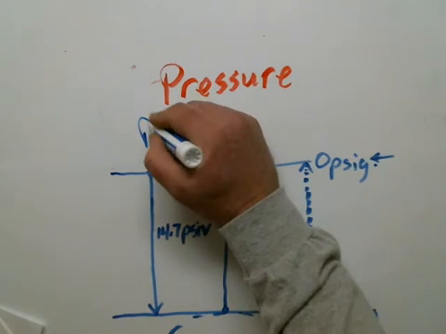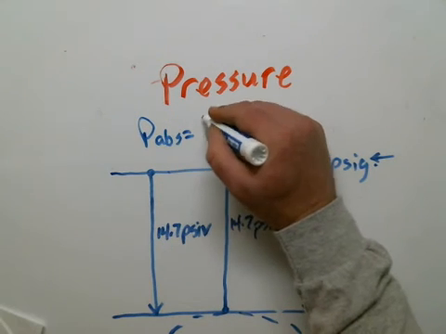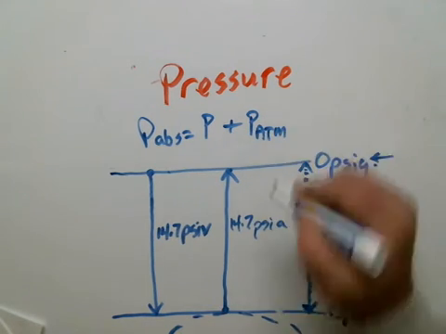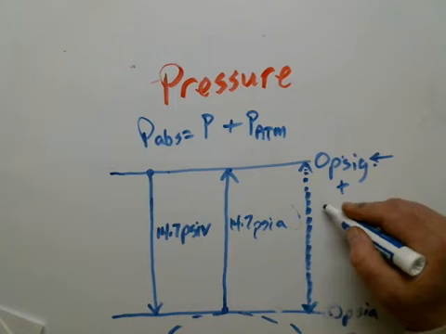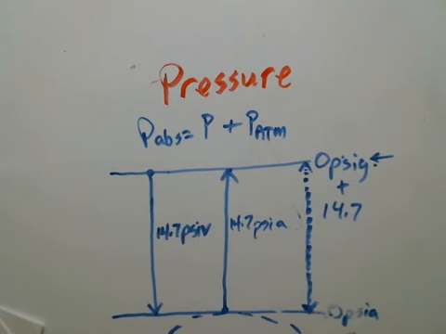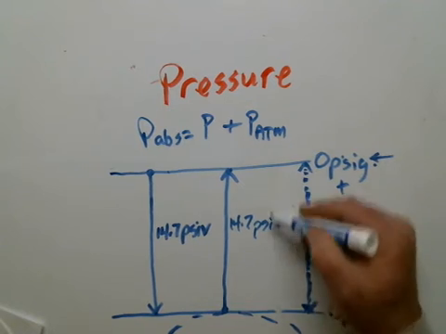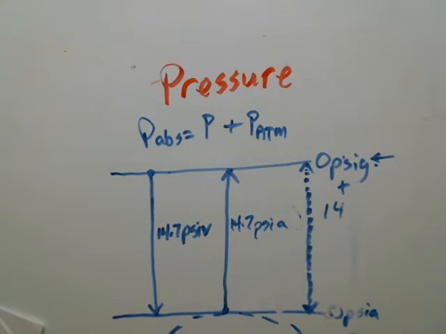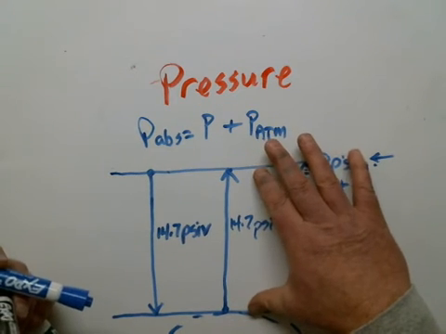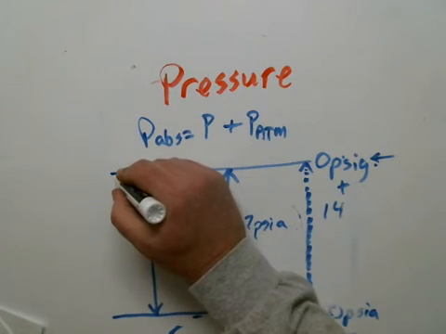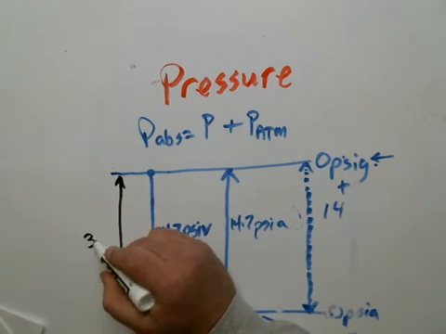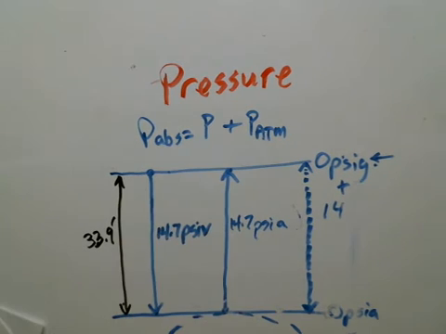So to convert to an absolute pressure, you take the pressure that you have plus P atmosphere. So 0 pounds gauge plus 14.7 would give me an absolute pressure of 14.7. The weird part about it is we can actually express what atmospheric pressure is being felt in several different units. I know it's 14.7 pounds, but atmospheric pressure would also push a column of water up